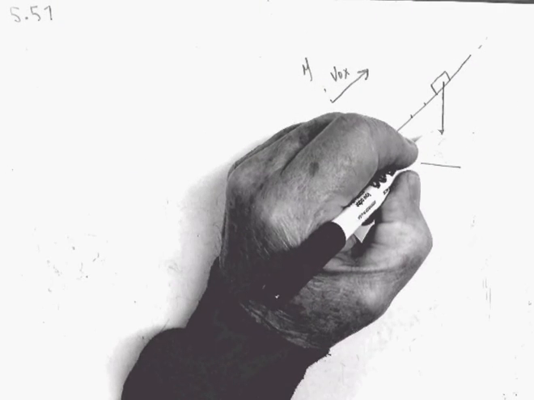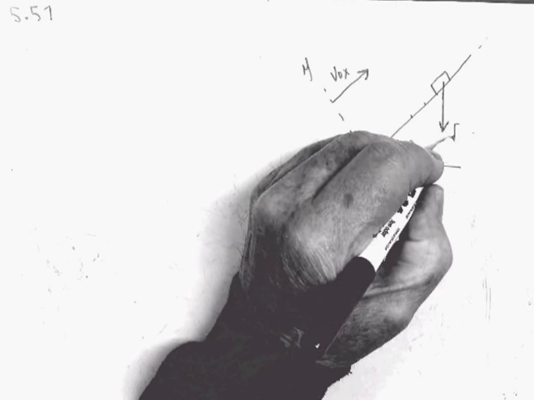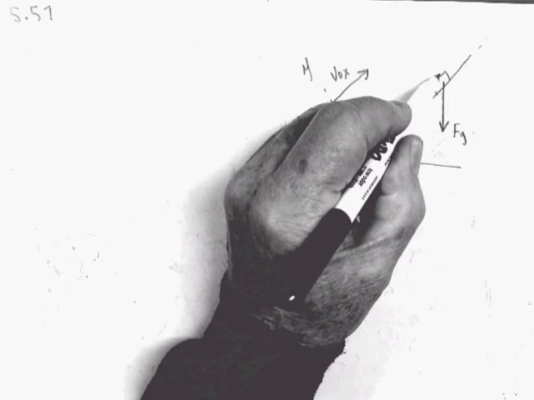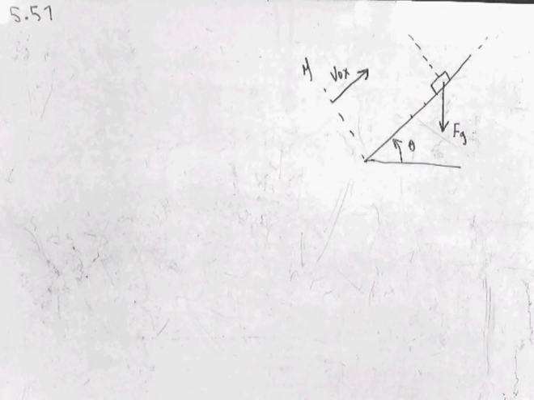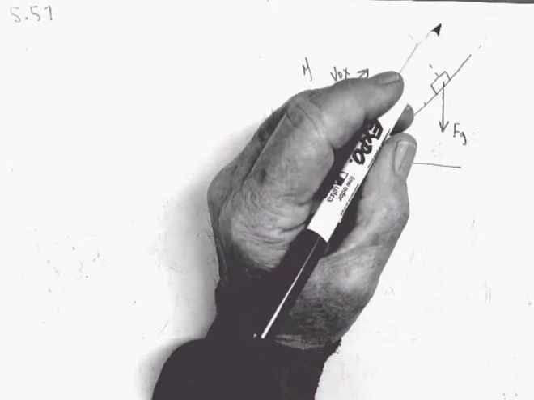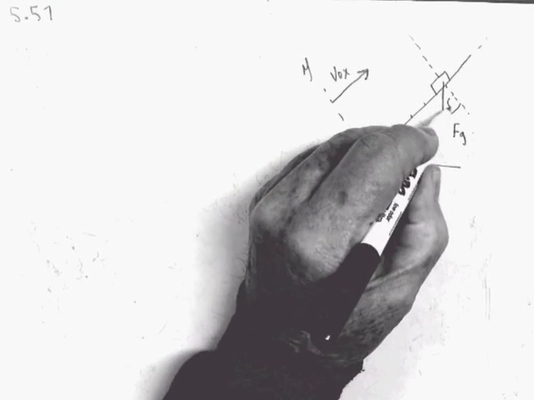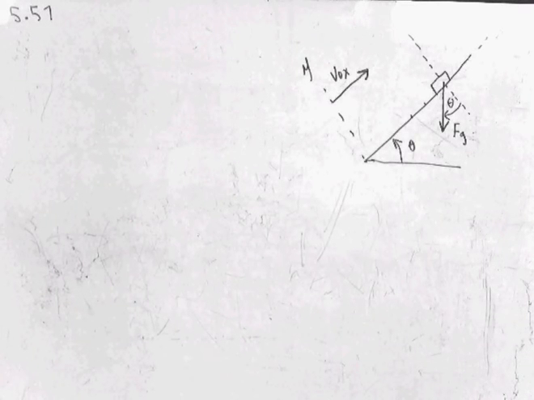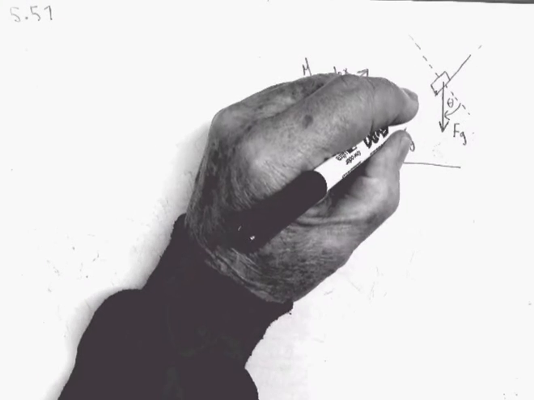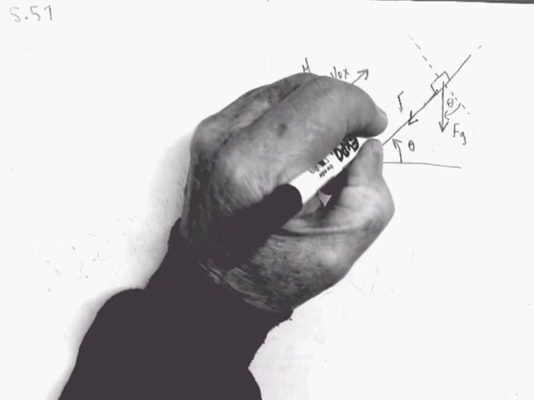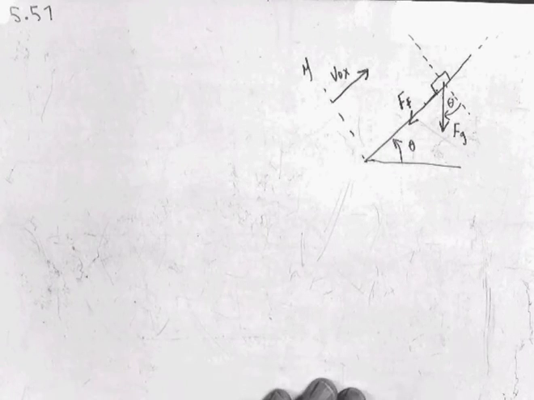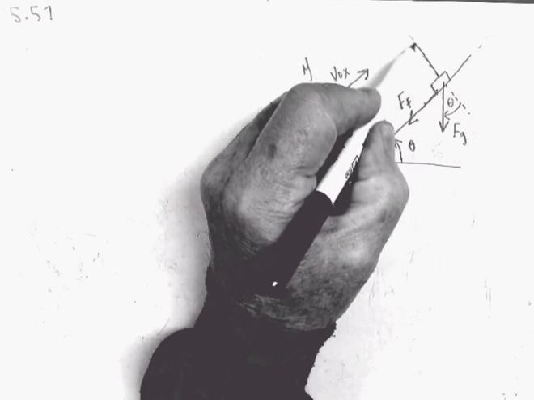It has a force of gravity. I'll go ahead and show the vertical axis here, and I'll extend it down here because this is the angle theta that the force of gravity makes with the y-axis. This thing is traveling up the incline, so the force of friction will be down. There will be a normal force, Fn,